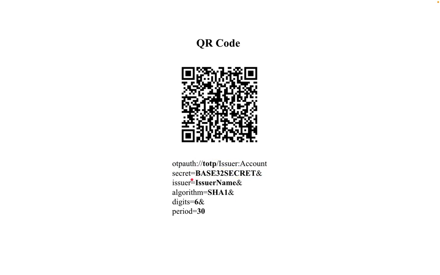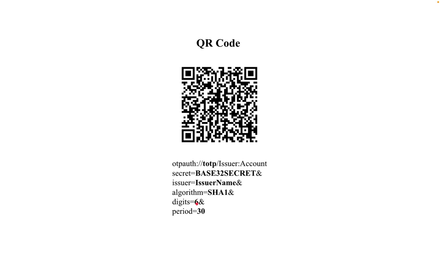The secret is something which the server generates for every user. So every user has some random secret that should be shared with the authenticator app to generate an OTP. Next important thing is the algorithm, which algorithm we need to use for the hashing. There are multiple hash algorithms we have. One is SHA-1, SHA-256, and many more. Depending on which the server is using, that would be mentioned in the QR code.